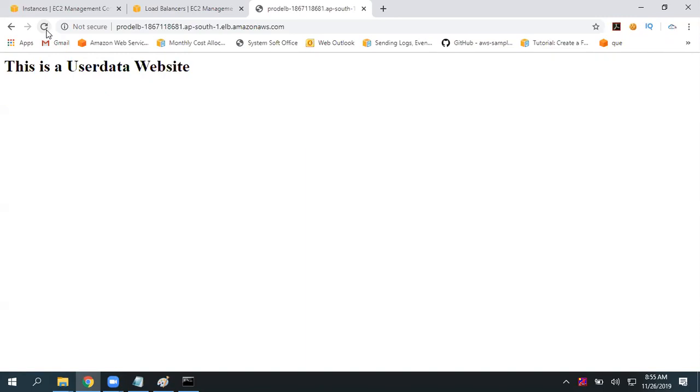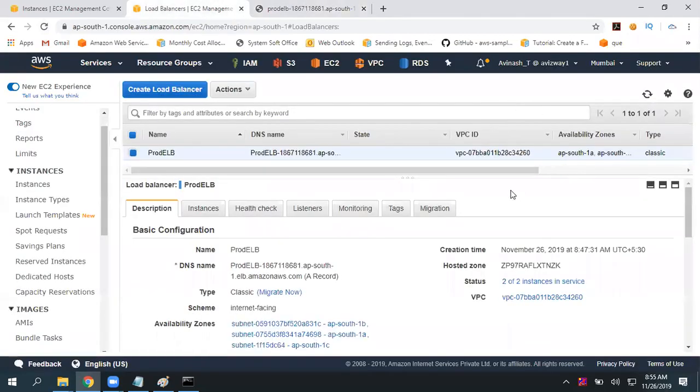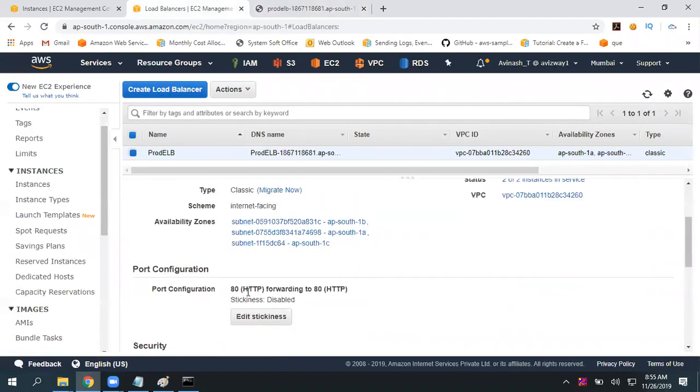If you implemented any username and password, if you give a refresh again, it will ask you to enter username and password. Why? Because it's completely hitting a new website, right? A new web server. So in that case, you can maintain this by using an option called stickiness. Now you scroll down, port configuration, stickiness is disabled.